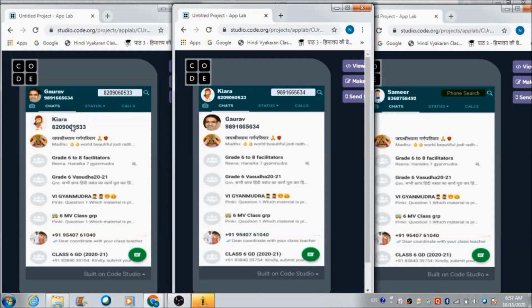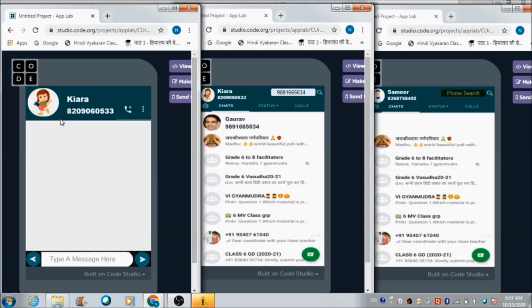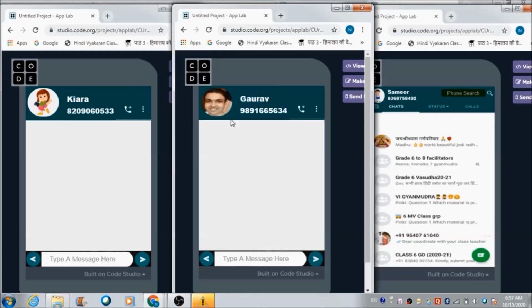Now let's do one thing. Let's hit Kiara's name here and see what is going to happen. So here Gaurav can communicate his things to Kiara, and here Kiara can communicate her things to Gaurav.